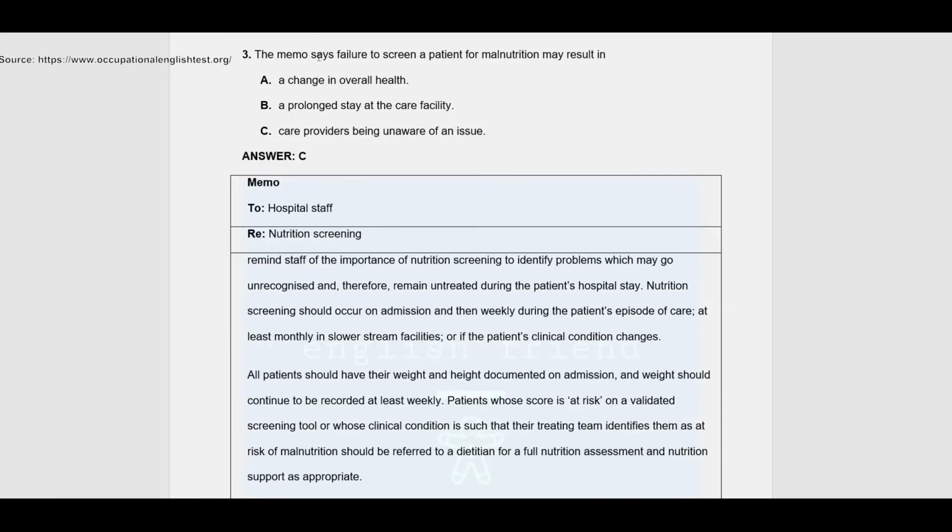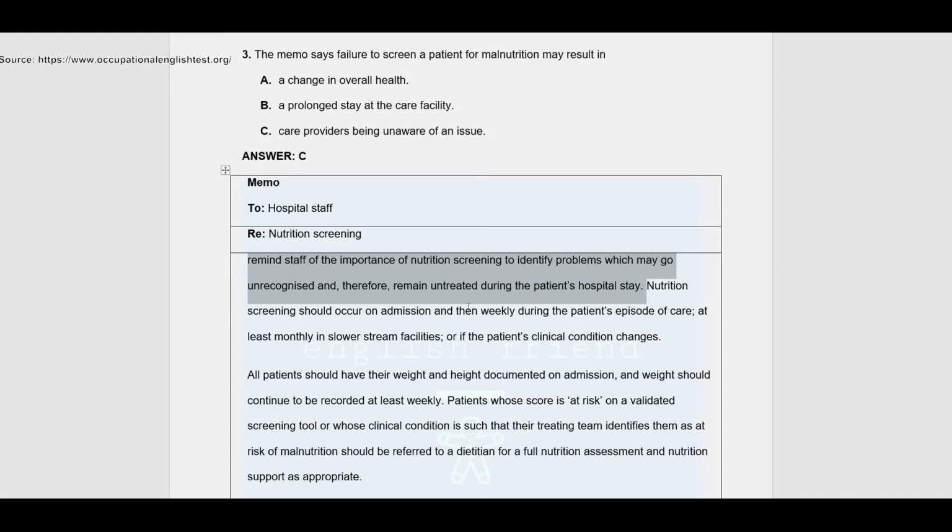Now question number 3. The memo says failure to screen a patient for malnutrition may result in? Here the answer is C, and it says care providers being unaware of an issue. This information can be found in the very first portion of the paragraph itself, where it says memo reminds staff of the importance of nutrition screening to identify problems which may go unrecognized and therefore remain untreated during the patient's